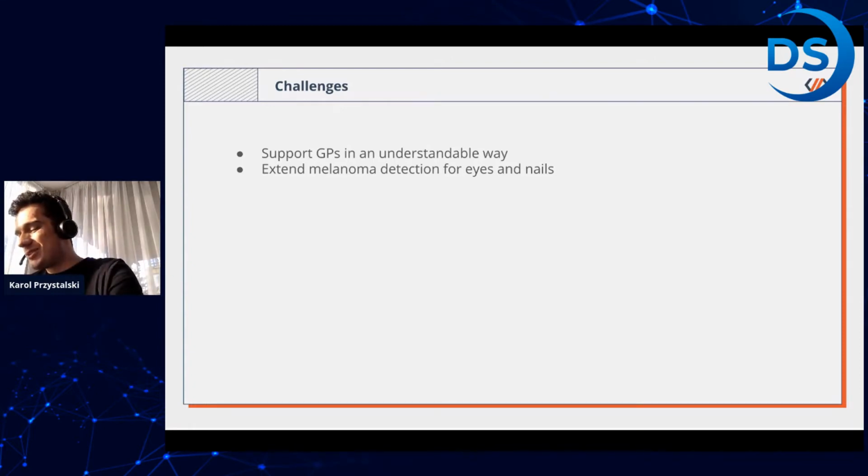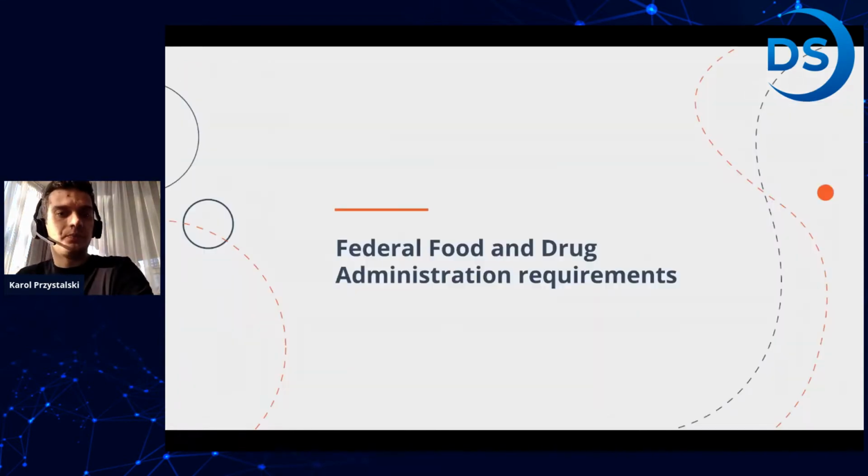We should extend the research not only on skin, because melanoma, the skin cancer, happens not only on skin but also on eyes and nails as well. That's something that is more advanced. That's something that is not so popular. When you compare to different illnesses, melanoma of the eyes and nails isn't so popular. That's good. But on the other hand, getting such a data set is much more difficult.